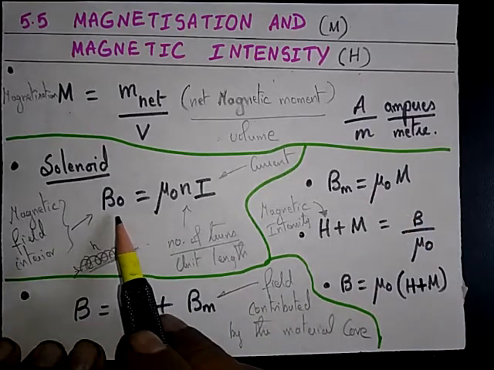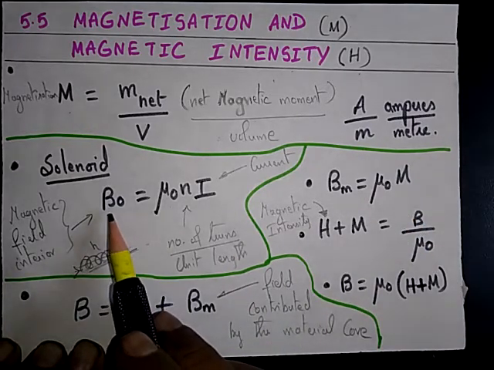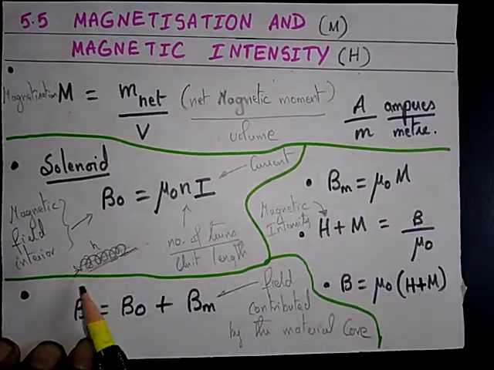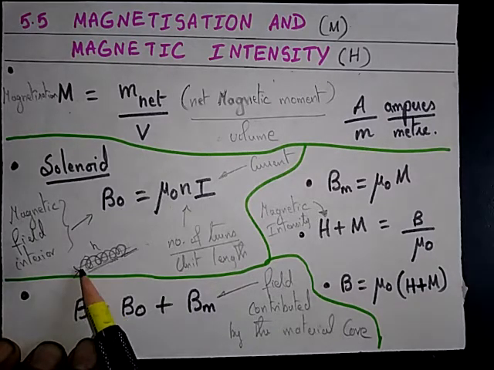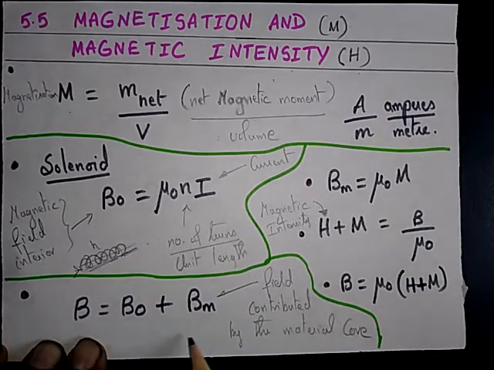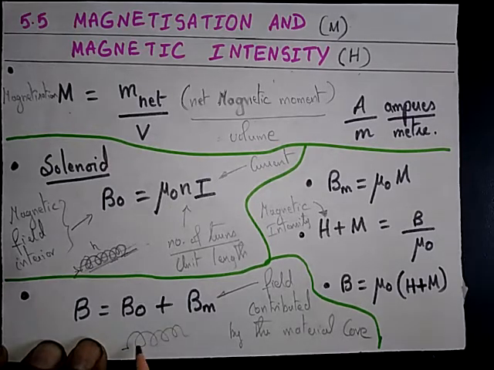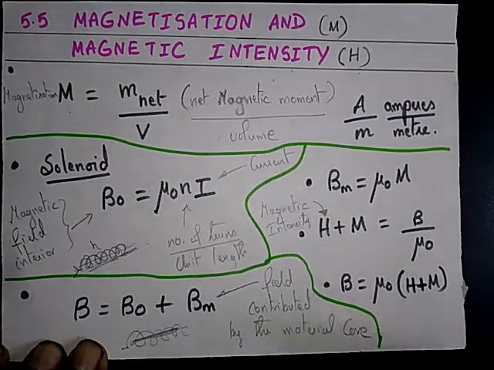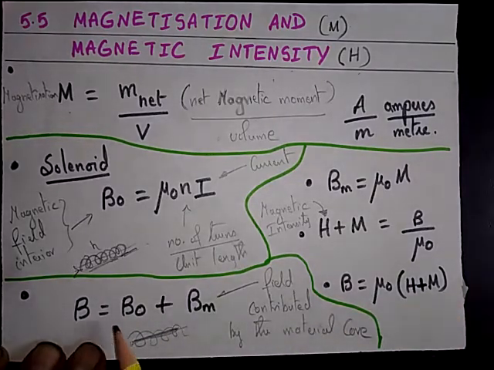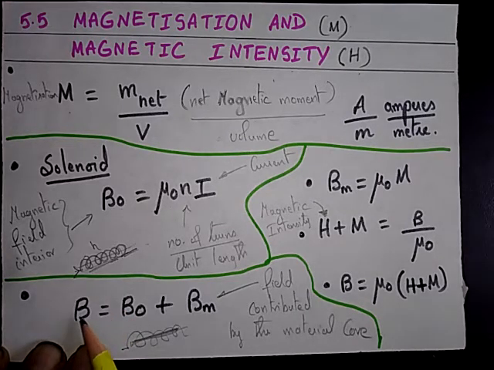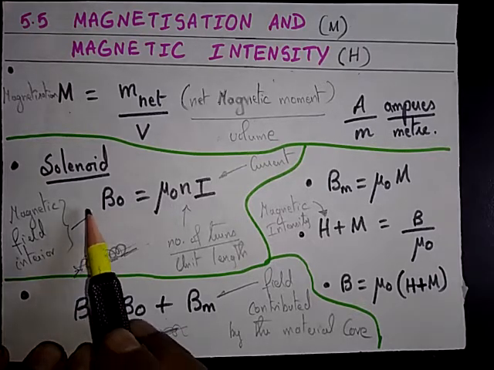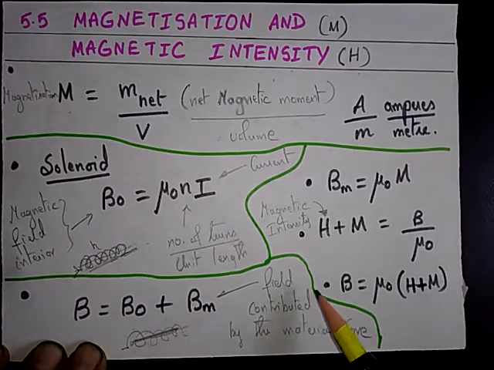So we have found out the magnetic flux density or magnetic field inside this coil is equal to mu naught N i. Now this is for a general coil. Suppose you insert a core inside the coil, that means you have a core to increase the magnetic flux density. The core is made with different types of materials. In that case, the total magnetic flux density B is equal to B naught plus Bm. So B naught we have seen already, and Bm is the field contributed by the material core.